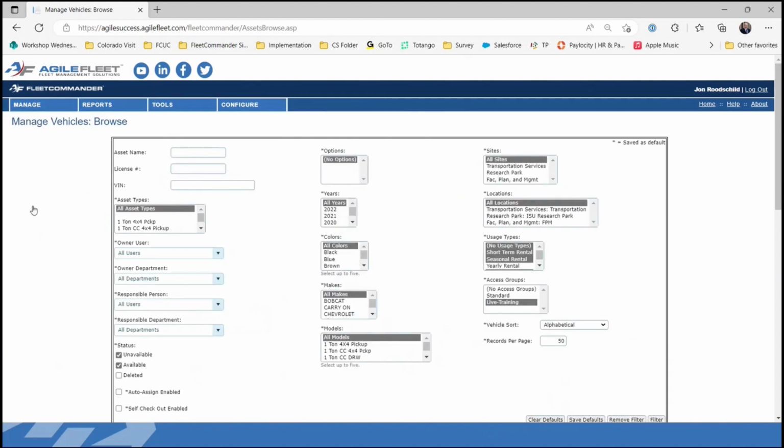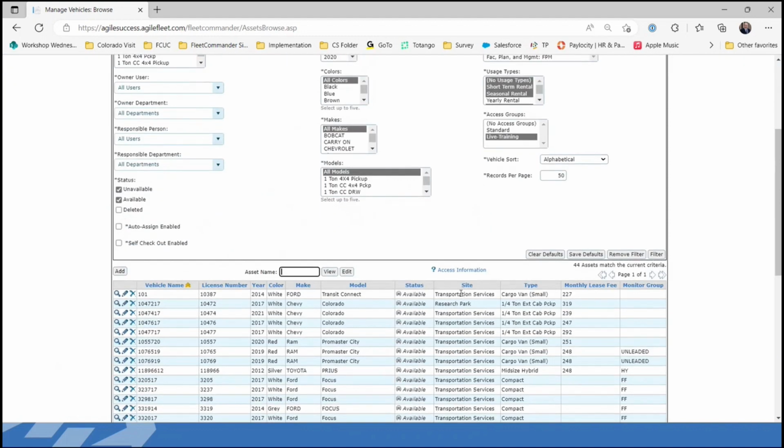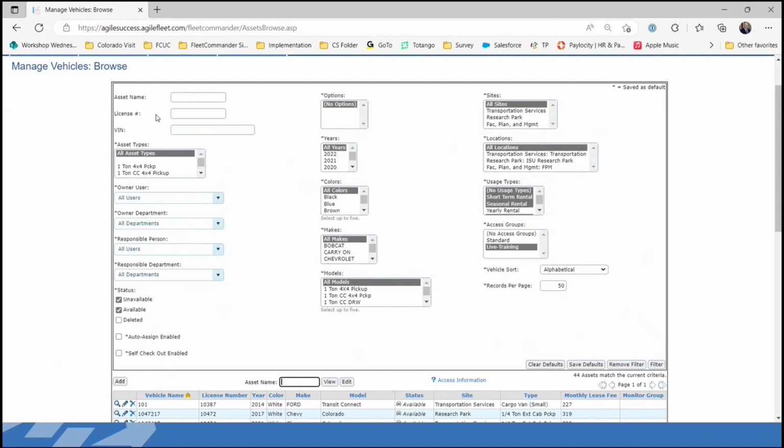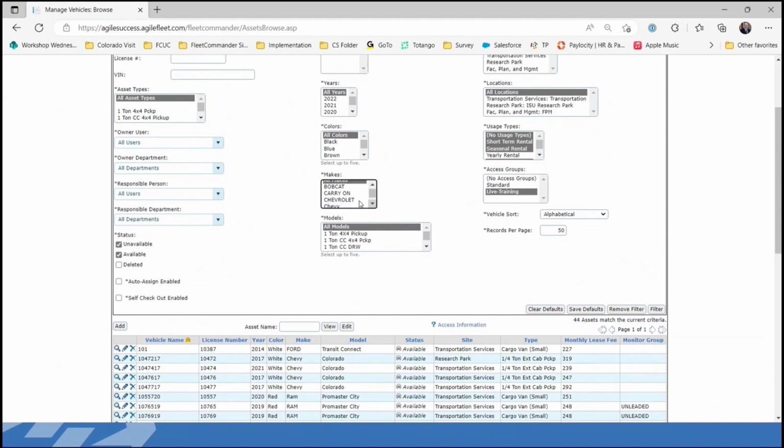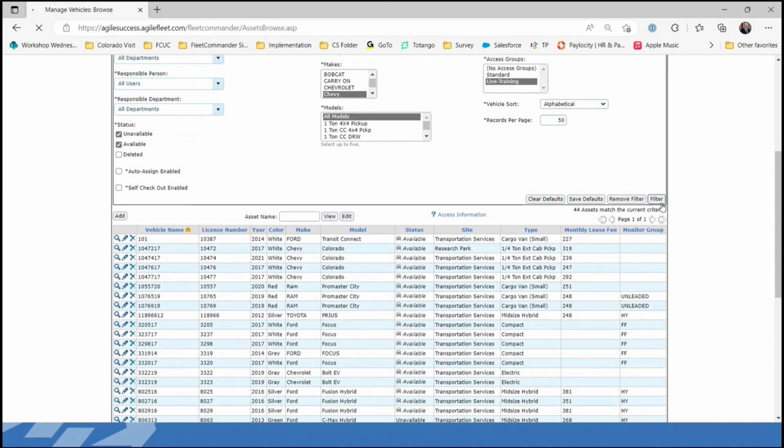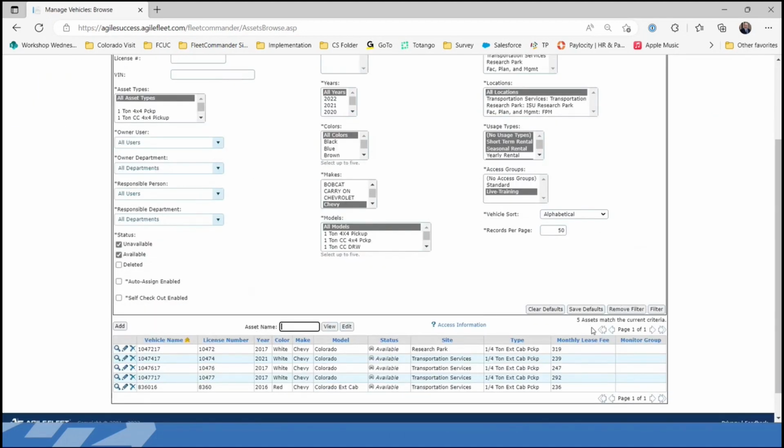So when you look at the vehicles, and we have a lot more parameters that we can search from and with, but ultimately you can just type in the asset name if you know it. You could end up maybe searching for just vehicles that are Chevy vehicles. So instead of having 44, you hit filter, it brings down to 5. One mention in regards to